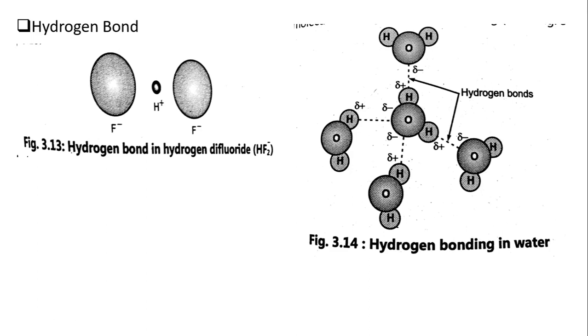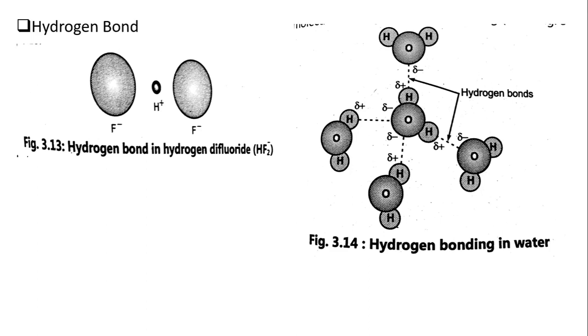Then hydrogen bond. Because a neutral hydrogen atom has only one electron, it should form a covalent bond with only one other atom. It is observed that under certain conditions, the hydrogen atom is attracted by rather strong forces to two atoms, forming a bond between them. This bond is called hydrogen bond. The bond energy in this case is of the order of 0.1 electron volt.